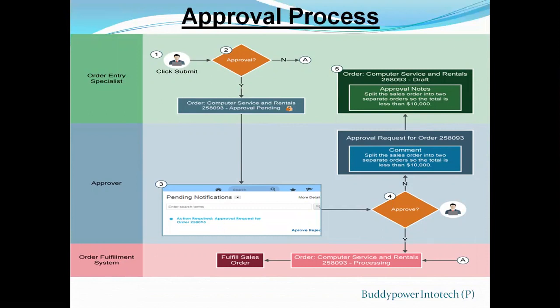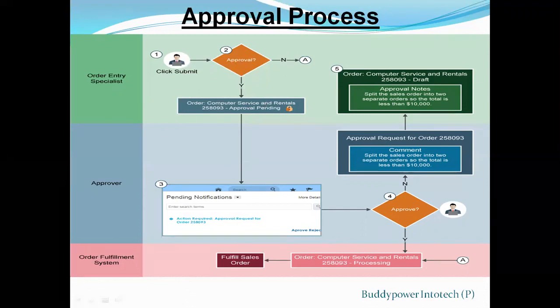Here you can see the order number is 258093. The employee creates a sales order in the order management work area and clicks the submit button. If your order administrator has set up order management for approvals, which we set up in the approval stage,